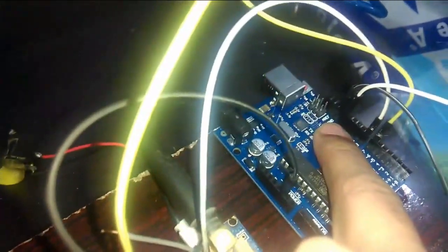and this is the 2N2222 transistor and 10K resistor, and you can see a white wire which is connected with pin number 13 of the Arduino, and similarly there is a black wire which is connected with the ground pin over here. As you can see, this is the ground pin, and the TXT and RXT pins of